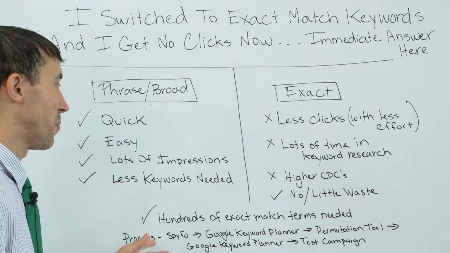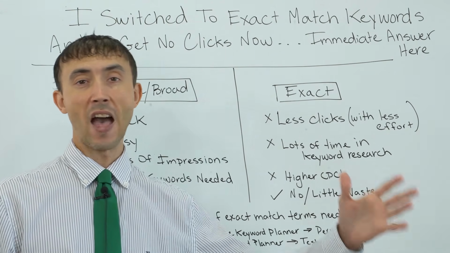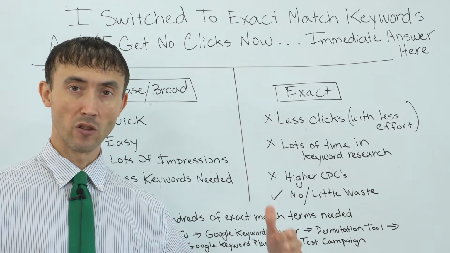Before I get into this formula or method here that I use to get all the 500 or 1,000 variants of exact match terms in your market that you would want to target, so you get all the upside and none of the downside,